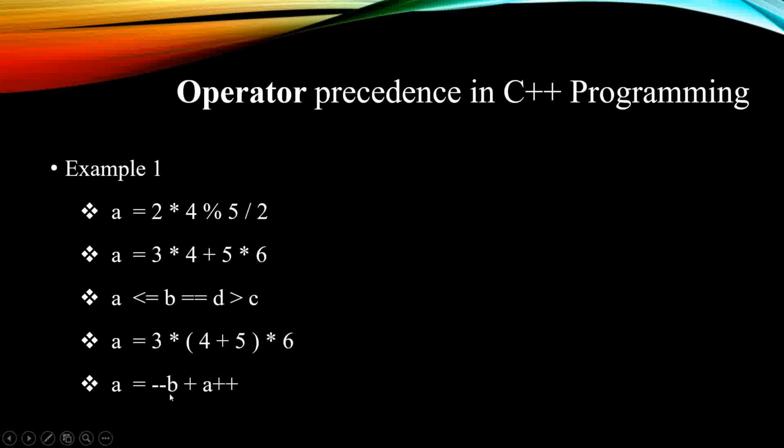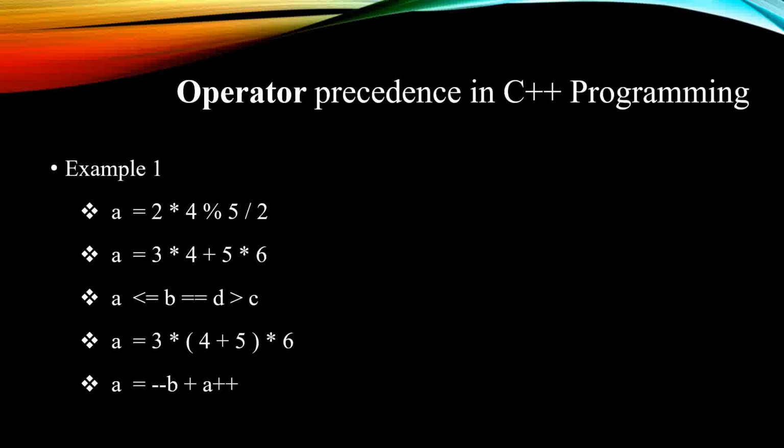So okay, the another one, minus minus b means this is a prefix decrement operator, plus then a plus plus. So this is postfix. So as we have seen in the previous slides, always postfix operator has precedence than this prefix operators ማለት ነው። So this one will be first executed, then this will be executed ማለት ነው። So this one is first, then this one is second እያለ execute ይደረጋል, because postfix operators have precedence than prefix operators ማለት ነው።